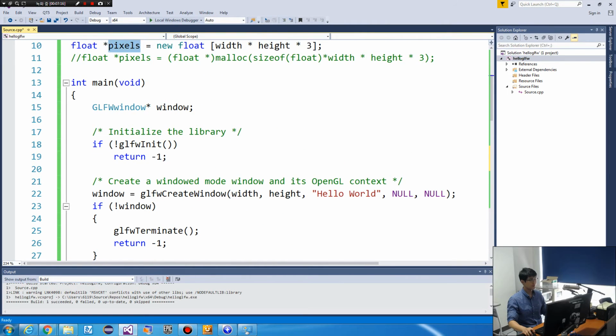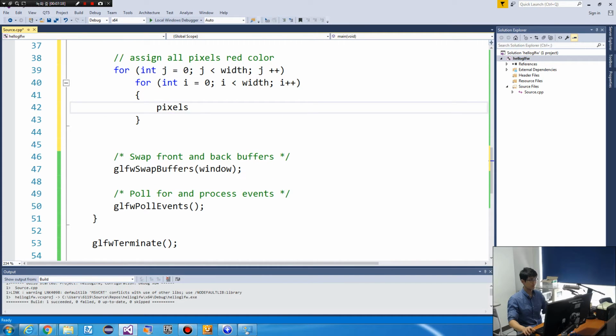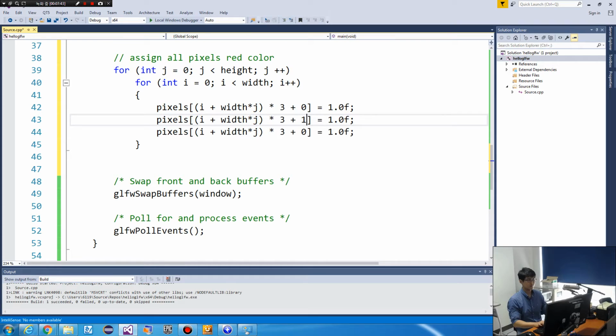And we have the pixels array, pixels i plus this. Oh, this one should be height with this j plus 0. Red means 1, 0, 0. So this one is red, green, blue, red, green, blue.